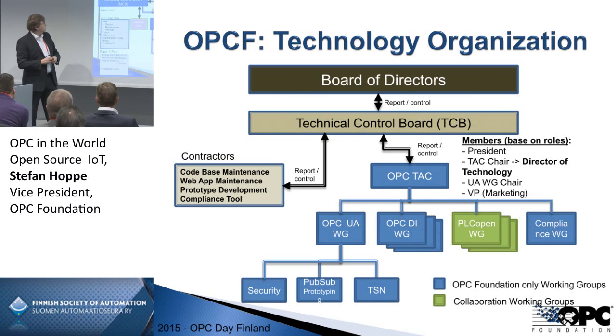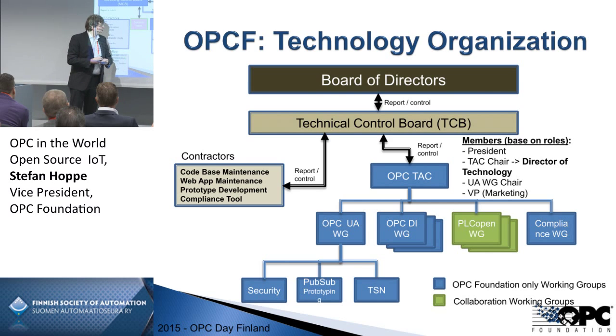Then we have a marketing control board. This is what I run and host, and now we are pretty much organizing to build up. So we have a very exciting team here in Europe. Juno is doing this exactly here in Finland very successfully for multiple years, and now I try to build up this also in North America, because we will see later on that the adoption of OPC UA in North America is much lower. There are some specific reasons